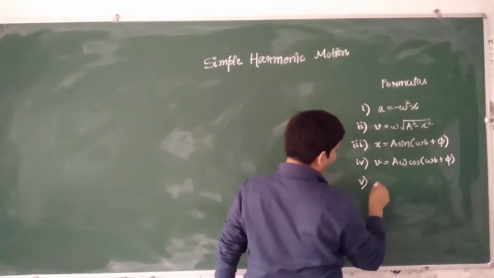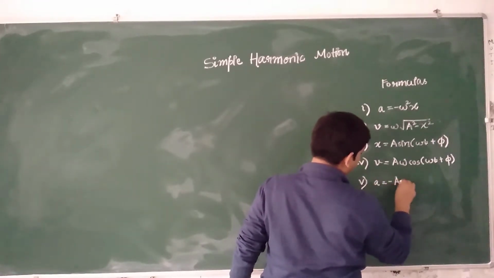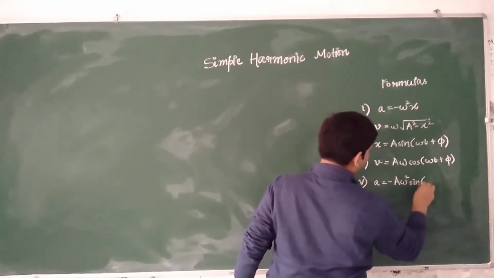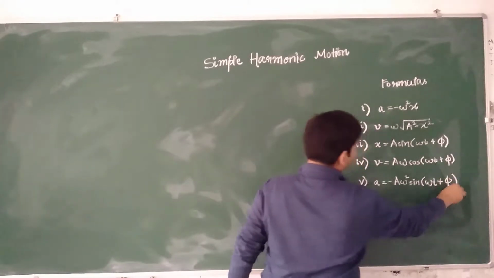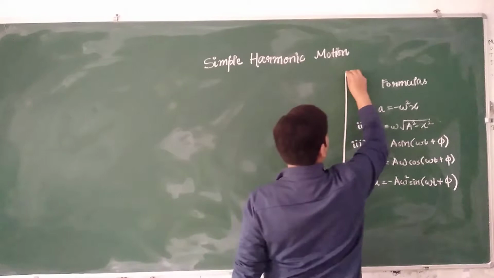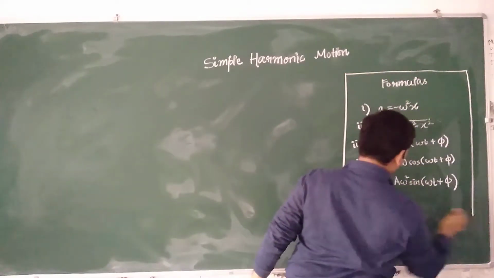Right? And the fifth relation we have is a is equal to minus A omega square sine omega t plus phi. So these are the 5 important formulas that we have discussed,